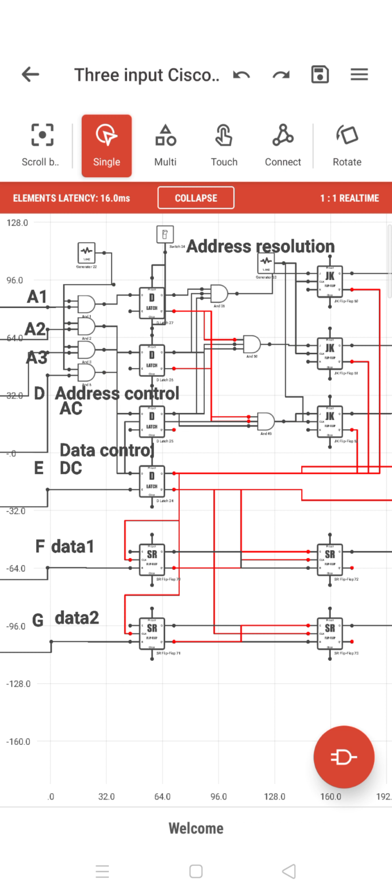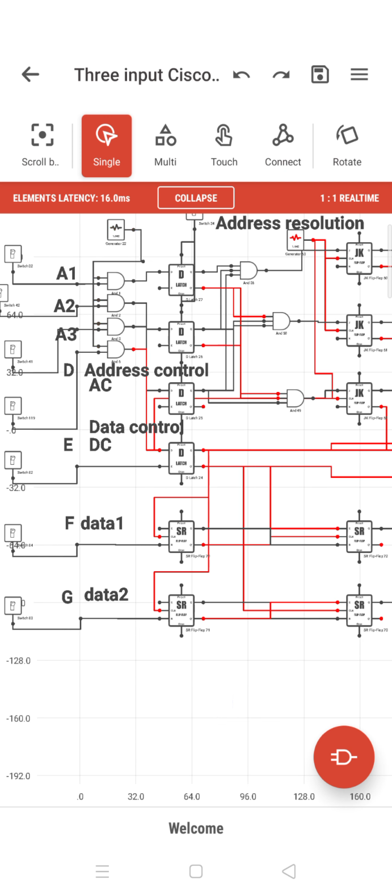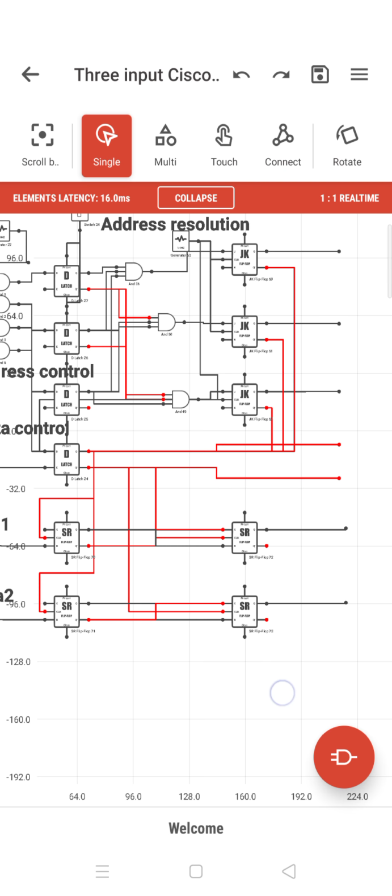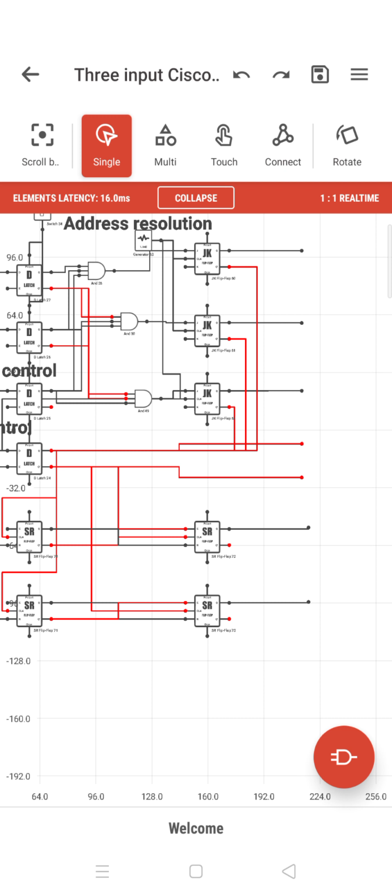The first thing is a D flip flop, which stores this information. From the address lines it stores into the first three D flip flops, and after that the address is resolved, whether it is line 1, line 2 or line 3, so address batch 1, data batch 1, 2 or 3. Then the control circuitry is given to the data control lines. Once you give the data control lines, data is transferred from data 1 and data 2 to the final storage, like the final pinodes.